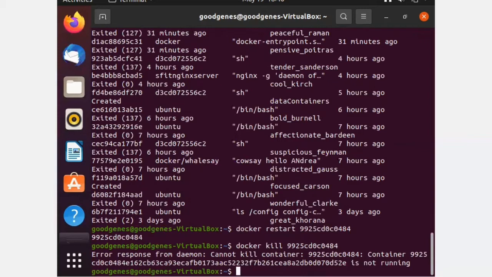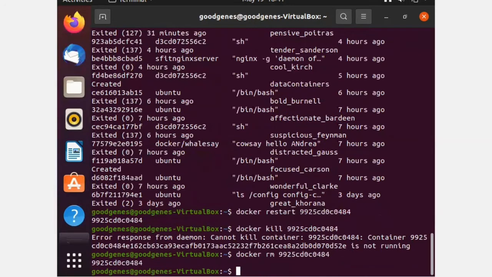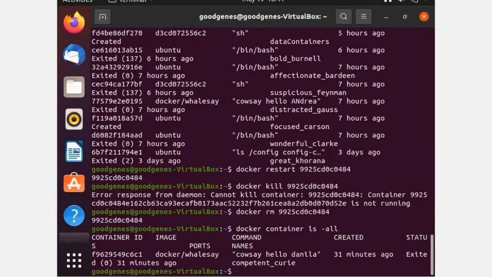The next command that we will see is docker rm. Docker rm basically removes the container from your containers that are there, and the syntax for it is docker rm container id, and it gets removed. Now again I will run container ls -all, and you will see that the container is not there anymore. And you can see here also in the non-running containers that this is not there anymore. So docker rm container id is to remove the containers.